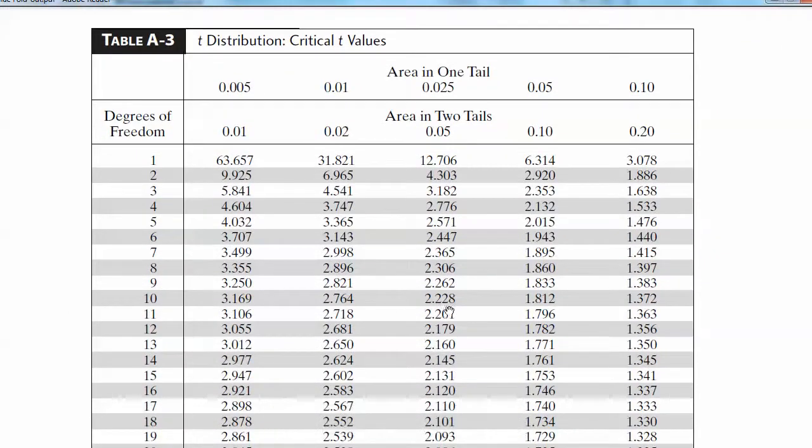But there's still some chance that they won't. And that's important to remember too. So here's the 1% right tail and this 6 degrees of freedom. And that would be 3.143 times,